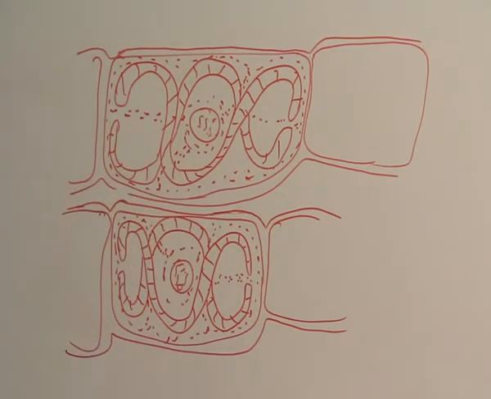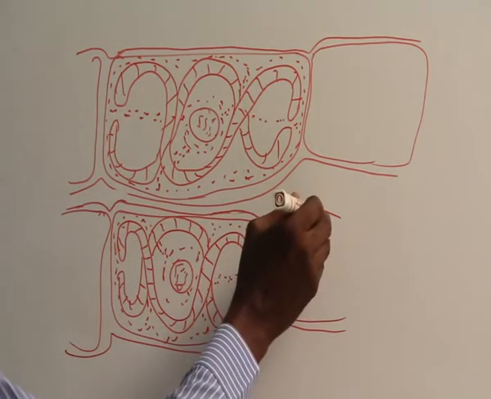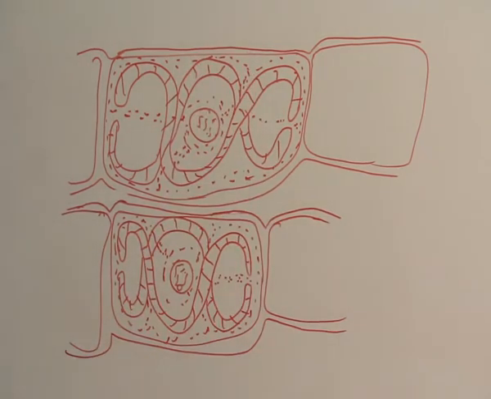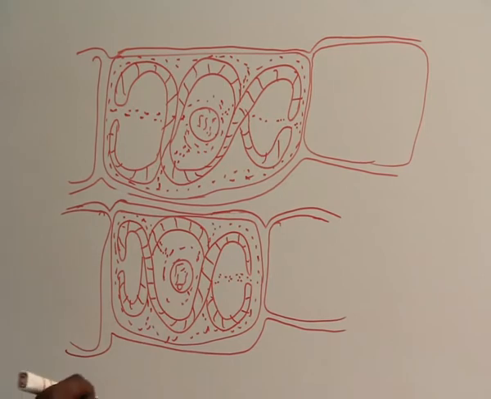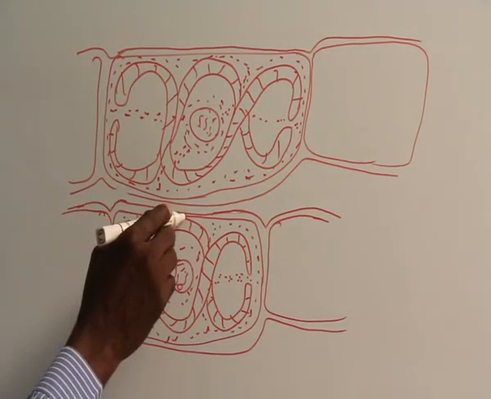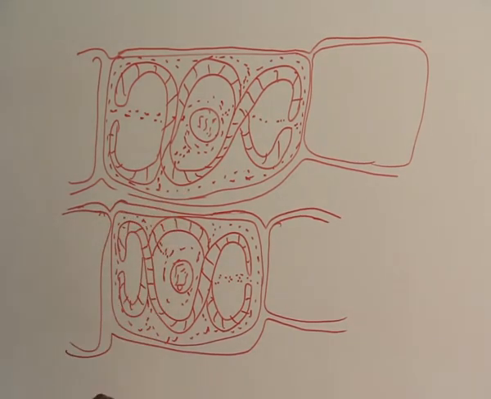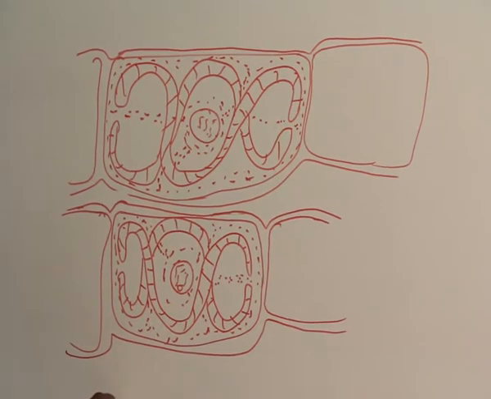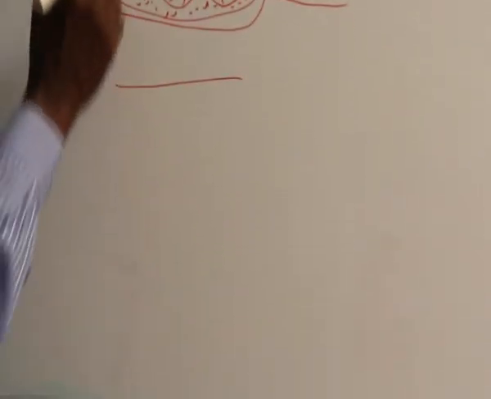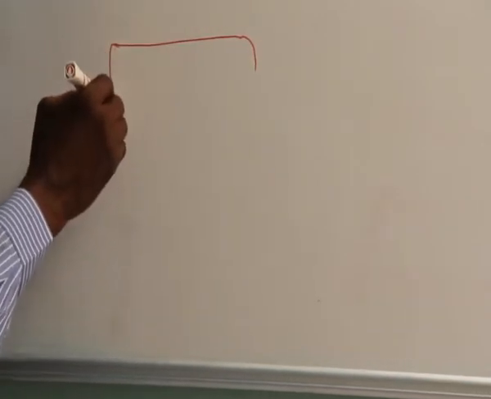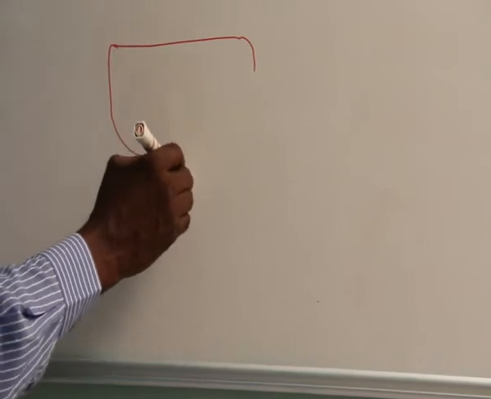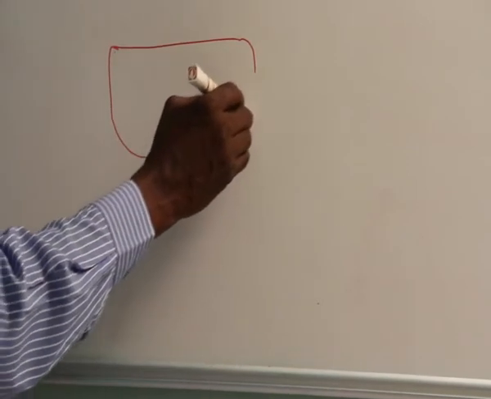So these are two strains of Spirogyra lying side by side. Now, what are the features you will see from stage to stage? There will be protuberance of the cell wall. I'm going to take only these two cells, conjugate now, and leave the other ones. There will be a protrusion like this.